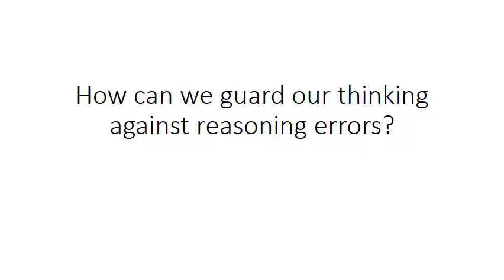So in previous lectures we've seen that our thinking can be predictably unreliable in certain contexts. We've also seen why this is the case. We've traced the evolutionary origin of that irrationality and we've seen what this can lead to. We've looked at these domains of irrationality. And today we're going to talk about how we can guard our thinking against reasoning errors, how we can improve our thinking, how we can become critical thinkers.